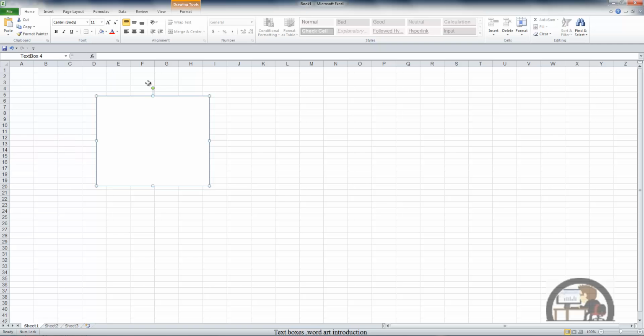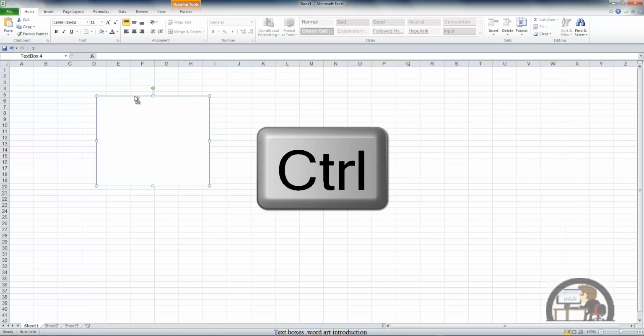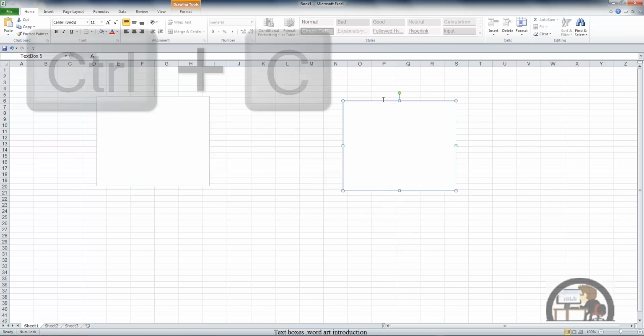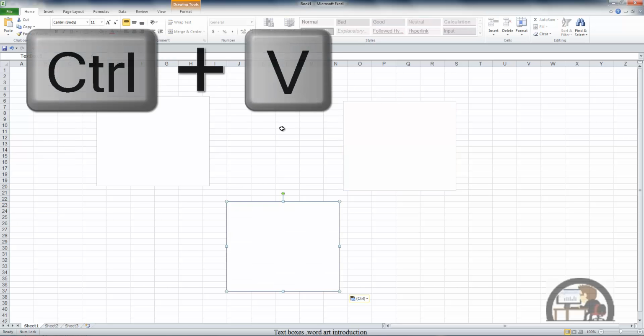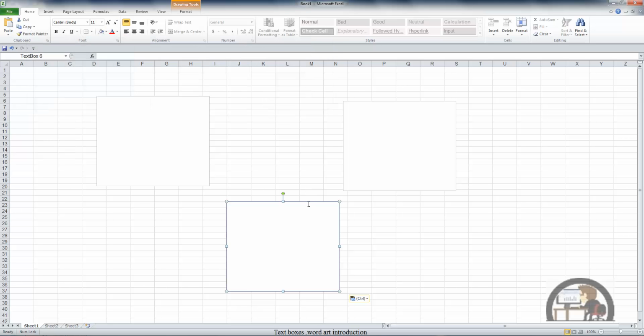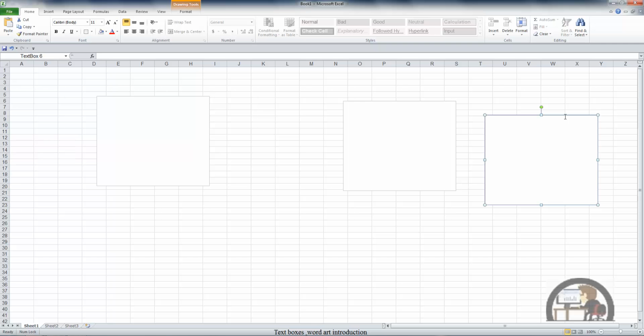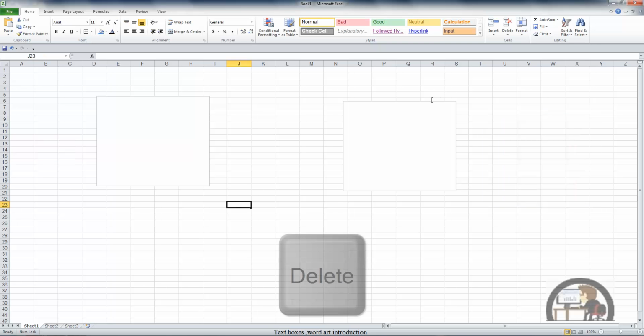I can copy the text box by holding down Control, grabbing the text box and dragging over to another location, release, and I have two text boxes. I can Control C, go to another location, Control V to copy the text box. I can grab the text box on the edge and move it. And after selecting it, and by selecting it, I don't mean this, where you see a dotted line. I mean this, where you see a solid line on the perimeter of the text box. After selecting it, you can delete it by pressing Delete,